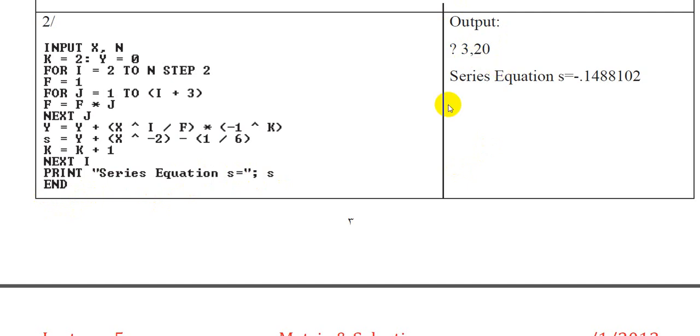Because we have two variables to be valued, 320 values result from the execution, or performing the activities on the entire source code, as given here, as a homework to be converted into a flowchart. Then it will be converted subsequently to a flowchart, just like we said. Series equation S equals, in this case, into